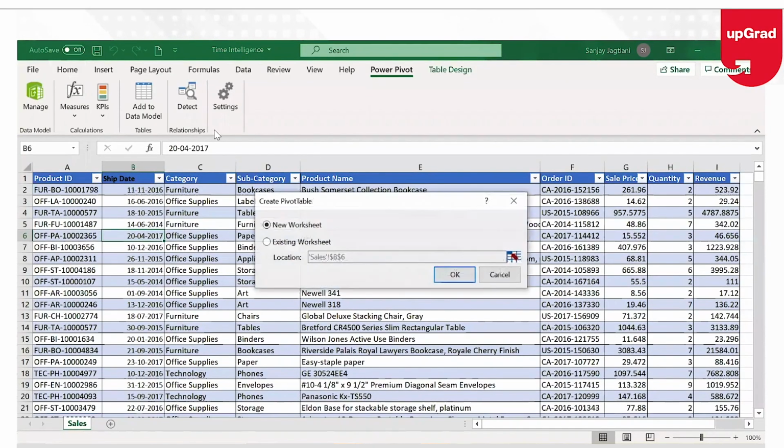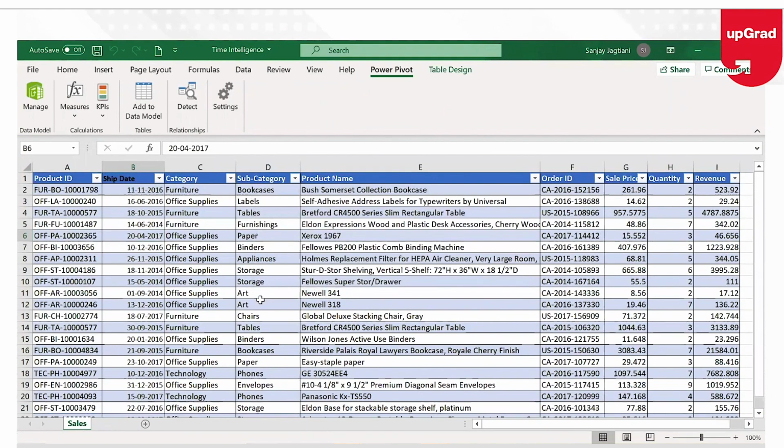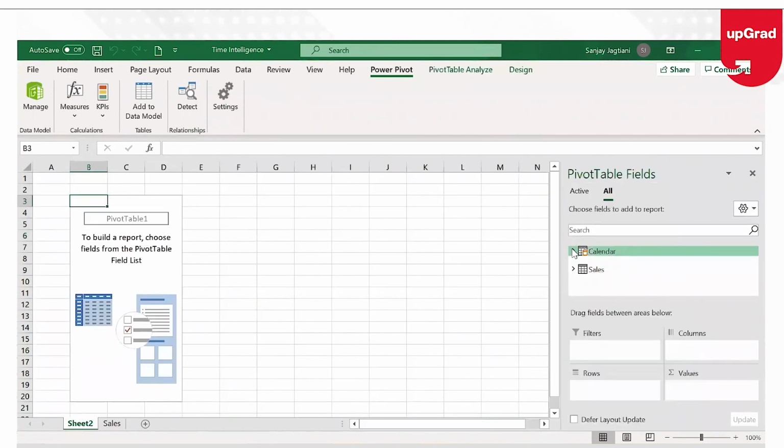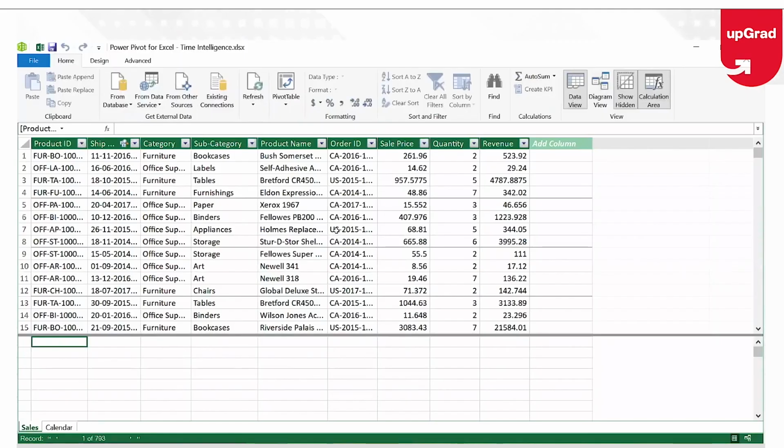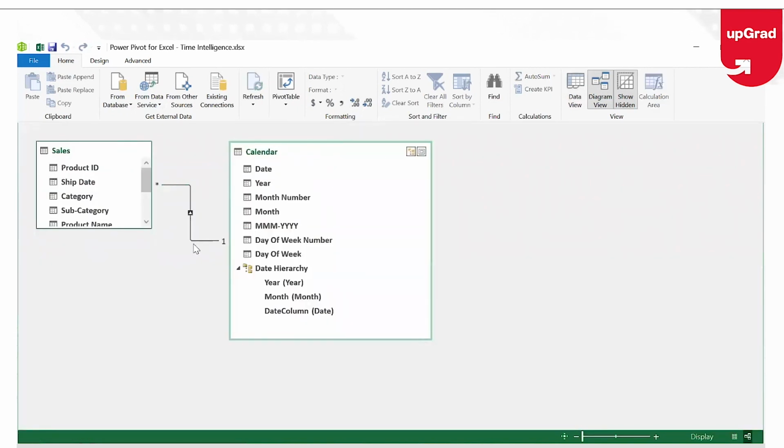Now you definitely know how that works. Once you have the pivot table with you, you can now drag the information. You can also see there are a few things I would like to still show you when we go on to the pivot table window. When you are looking at the relationship view, let me increase the size of the calendar. You can see that your date, which was particularly created for time intelligence, has moved under the date hierarchy. So of course we have learned how to create a hierarchy under the calendar. While there is a date, year, month number, month, and all those things which are already given to you, you can also see a hierarchy which has the year, month, and the date column.